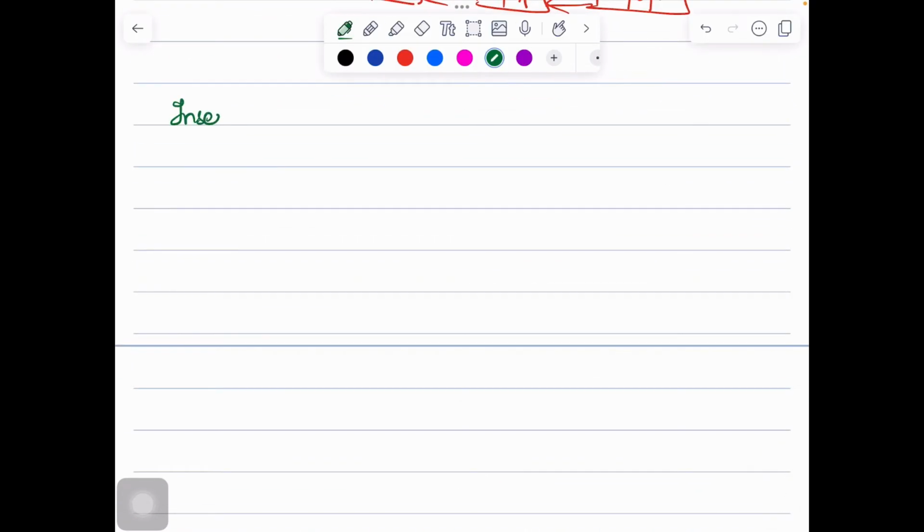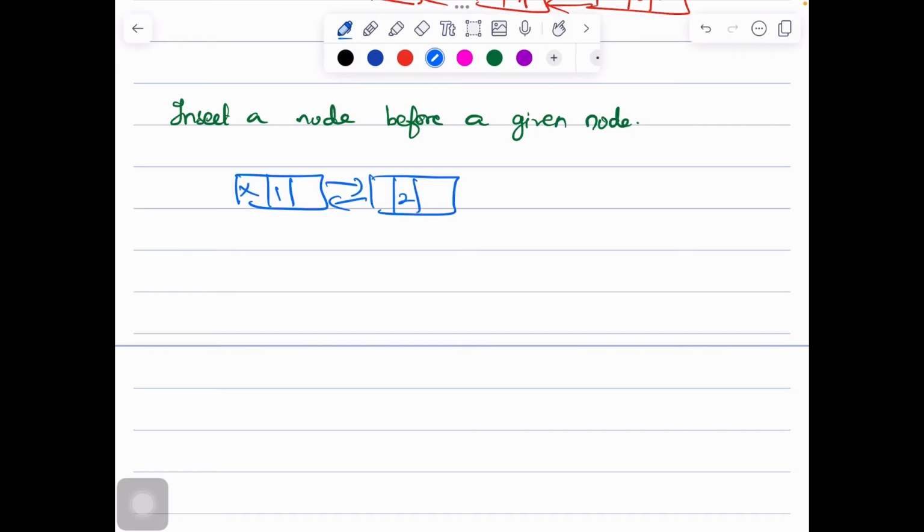Okay, so let us see how to insert a node before a given node. So what is the only change that we have to make here? We'll just draw the diagram. Say that this is the doubly linked list. Okay, so we have 3 nodes. And say that we have to insert a node before a given node, say PTR. So I have to insert a node before this. Say it is node 4, a node with data value 4.